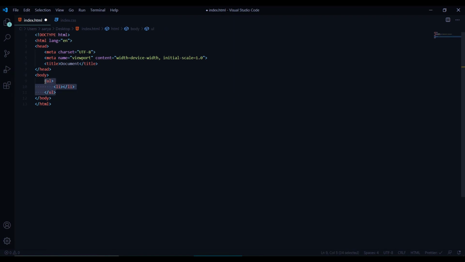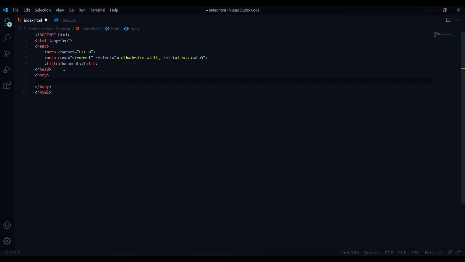Now you can also have multiple nesting such as div, then inside it a nav, then inside that a ul, then li, and it will give you something like this. So it will really save your time while you're writing HTML, and you can just focus on some other things.